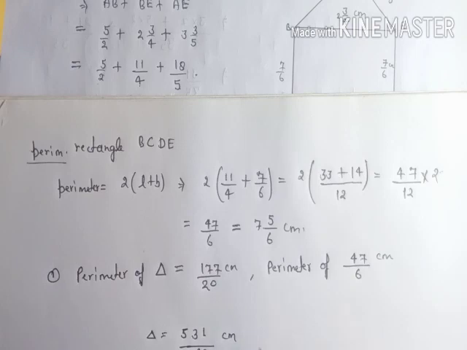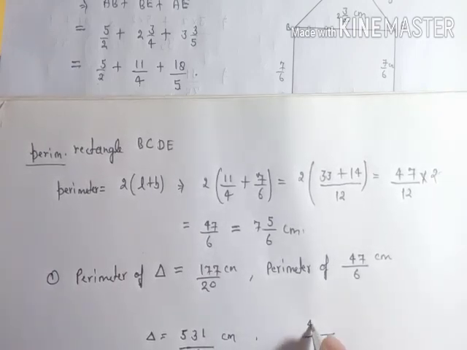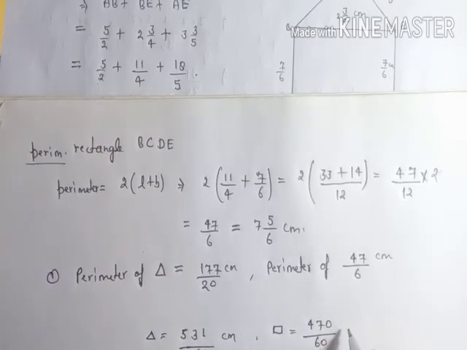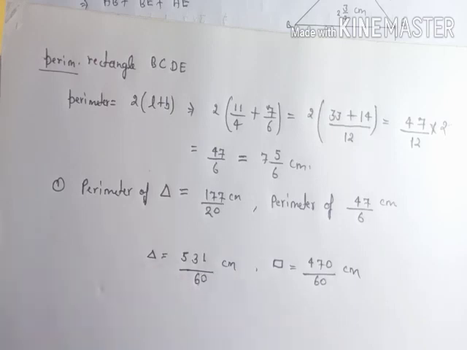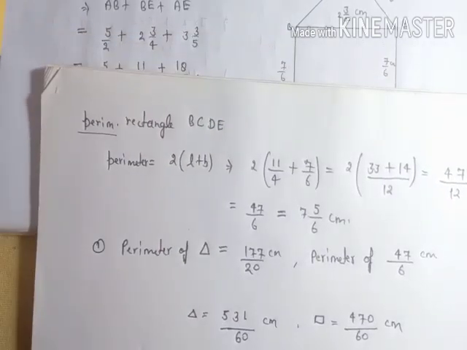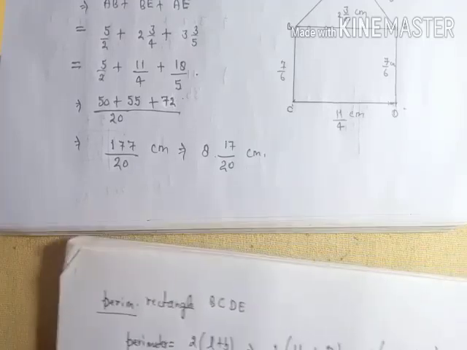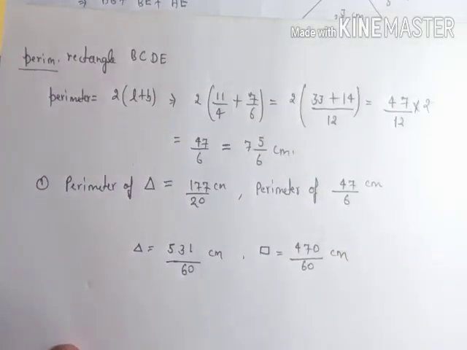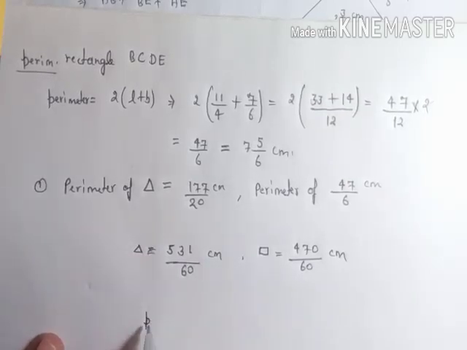This can be written in this form, and here it is 60 and 470 upon 60, the perimeter of the rectangle. And clearly you can see that the perimeter of the triangle is greater than the perimeter of the rectangle. And in the question we have to calculate whose perimeter is greater. So the perimeter of the triangle is greater than the perimeter of the rectangle. So you can write perimeter of